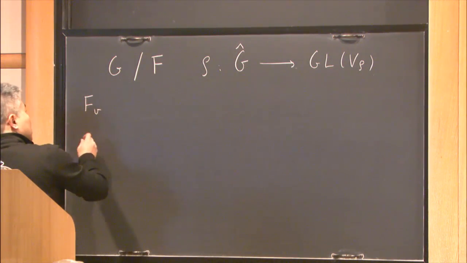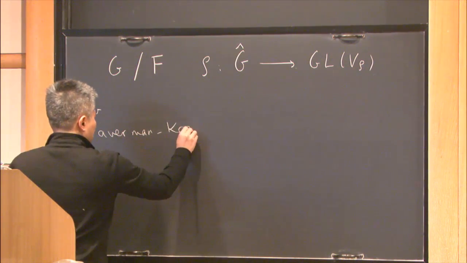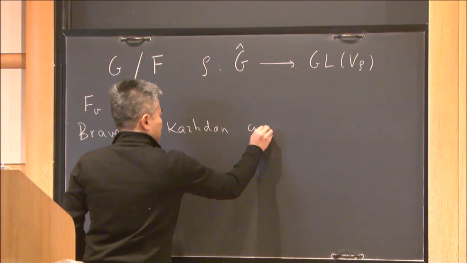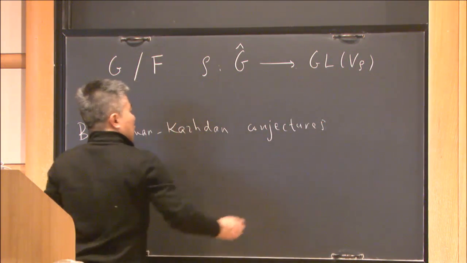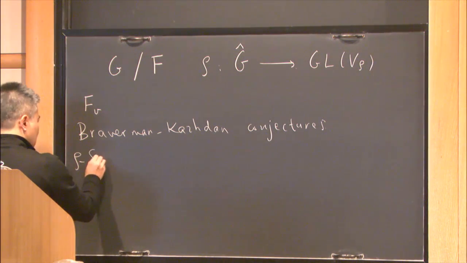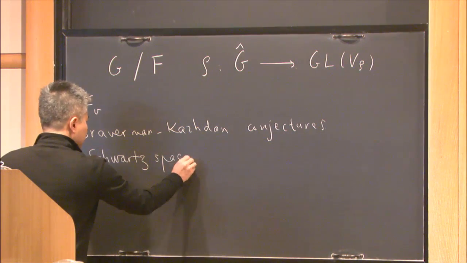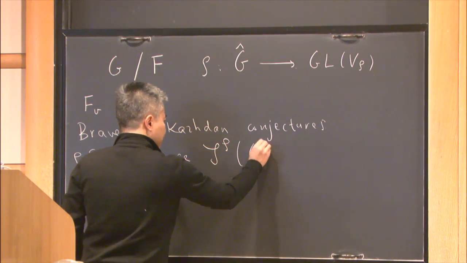So we want the existence of a Schwartz space S_rho of G(F_v),